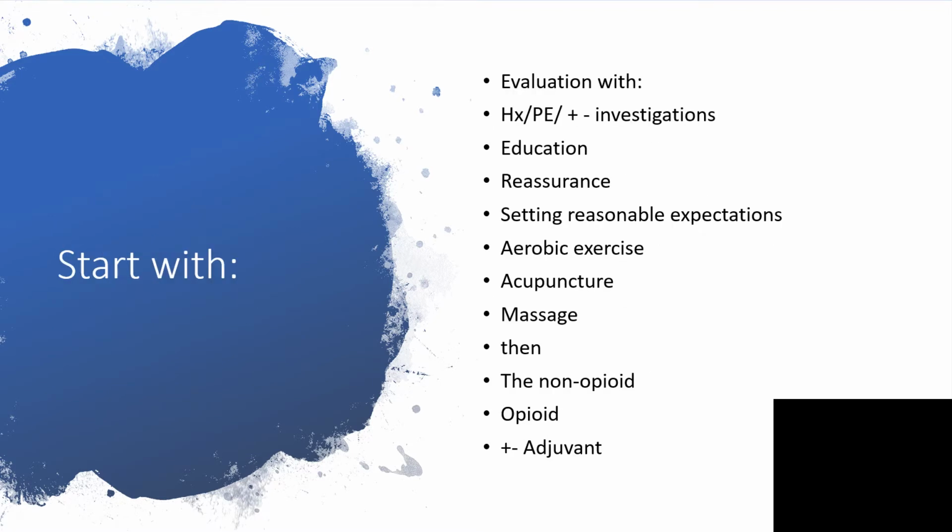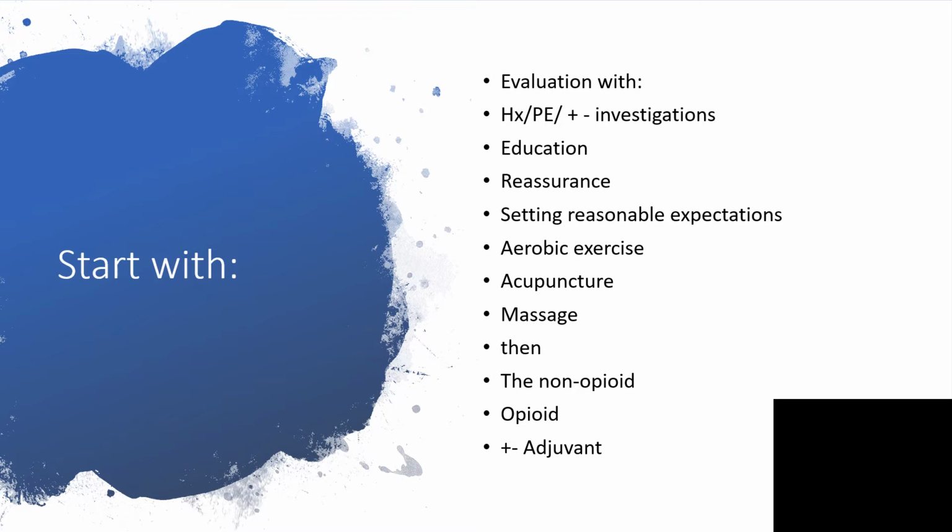But the beginning should involve the following, and that is you're going to start with evaluation. First thing first, we're going to take history. What is this all about in the life of the affected individual? We're going to have a physical examination done, and you might or might not need an investigation or investigations. I'll go over some of the components of your history in a bit. But once you've taken your history, you've done a physical examination and carried out possible investigations,